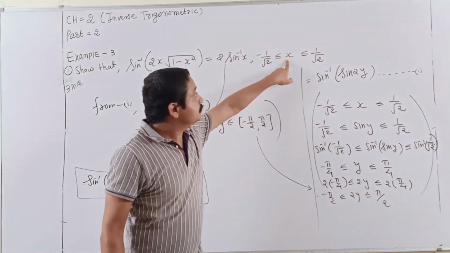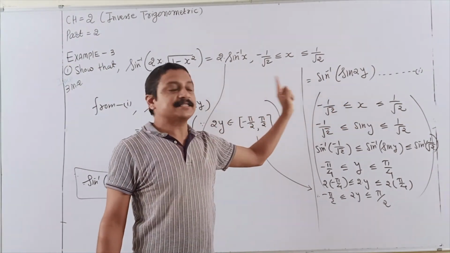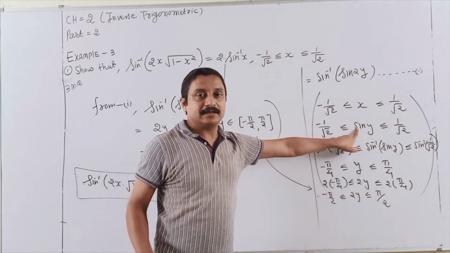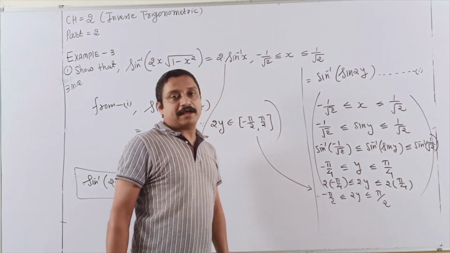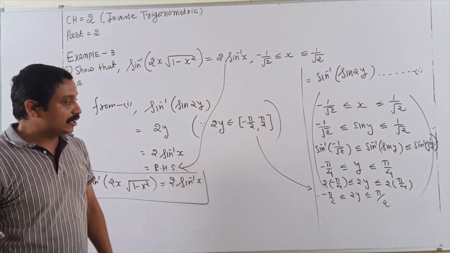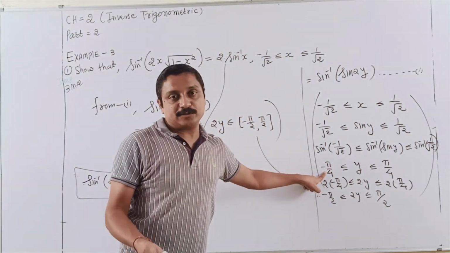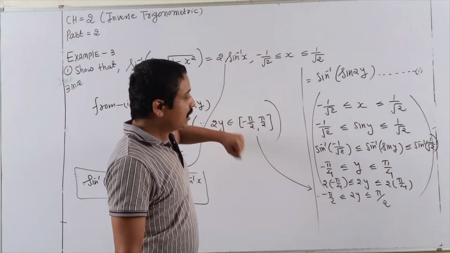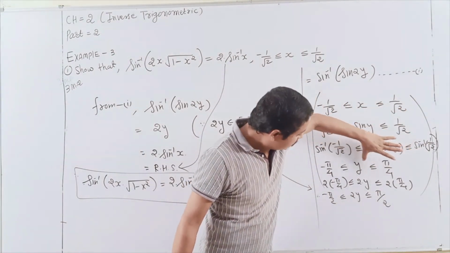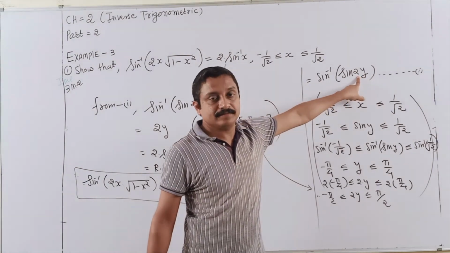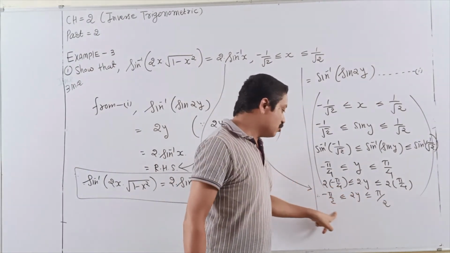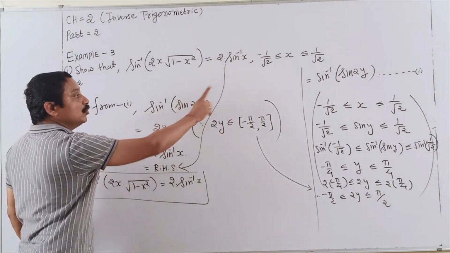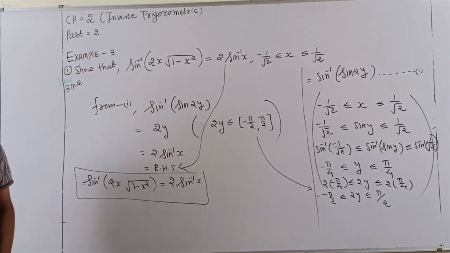This is your given condition. x I already assumed as sin y, and I want the y value, removing the sign. That's why I take sine inverse of each term. And here sine inverse of minus 1 by root 2 is minus 45. That removes the sin, it is y, and it already belongs to the range. And here also 45. Now this y I want in 2y, so multiply 2 to each. Check, and this range is belonging. Then write down here 2y. These are removed from the first, and here happily this numerical is done.